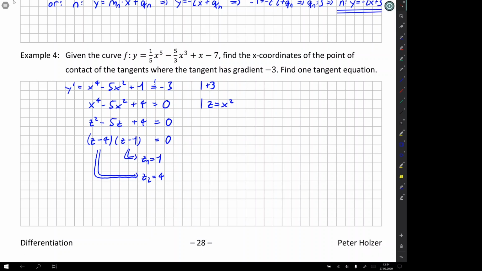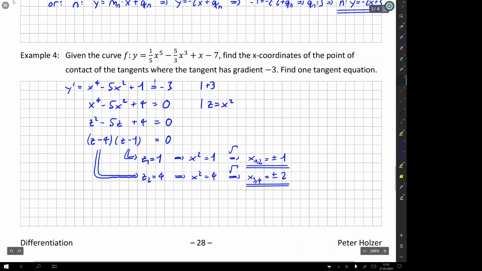We're interested, however, in the x, so what we have to do is substitute back the z by x squared here. So we get x squared equals 1. Taking the root, we get two solutions for the x, plus and minus 1, and also for the z2 equals 4, we get two solutions in the end for the x, plus and minus 2. So those are the 4 x coordinates at which the tangent to the curve